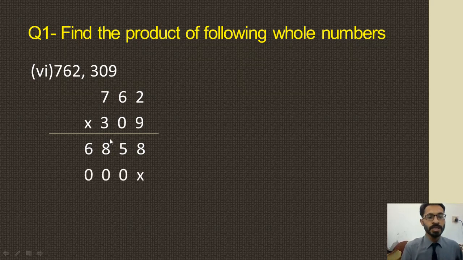Now we will multiply 0. Before multiplication of 0 with 2, 6 and 7, we will put a multiply sign or cross sign under 8. We will put the cross sign under 8. After that, we will multiply 0. 0 multiplied by 2, 0 and this 0 will be written under 6, 0, 5. After that, 0 multiplied by 6. This 0 will be written under 8.